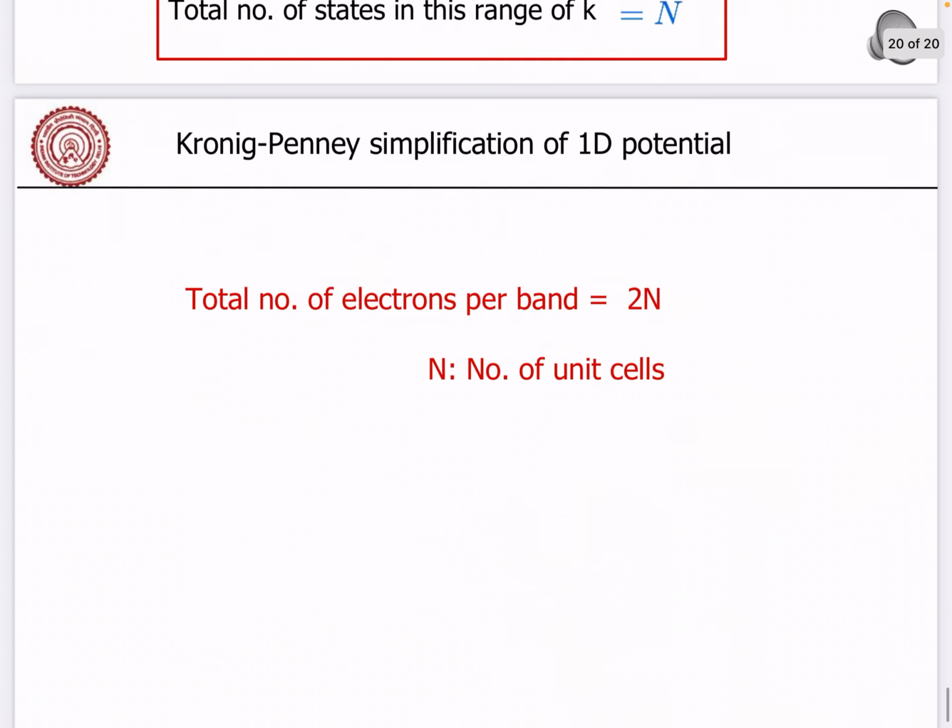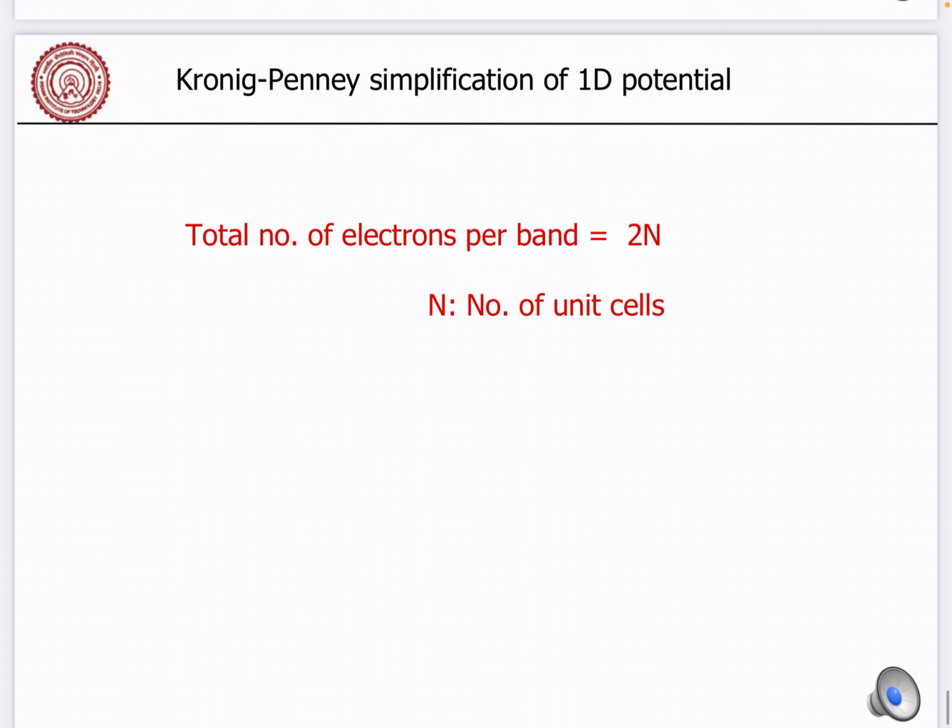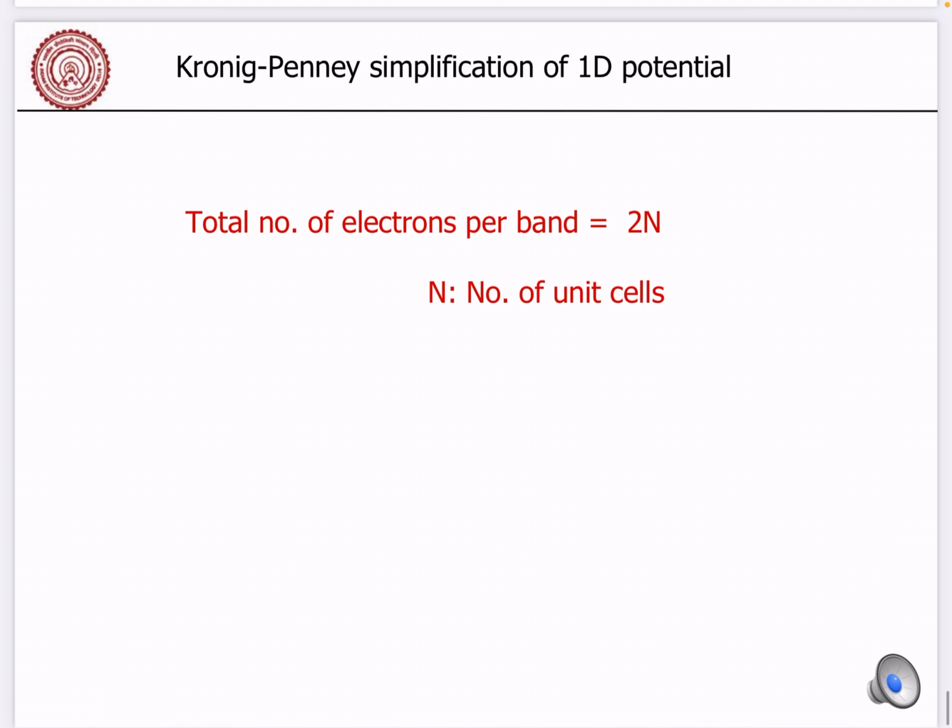Therefore, each state can accommodate 2 electrons, and therefore the total number of electrons per band will be twice n, right. The total number of states is n per band, and the total number of electrons will be 2n. Okay. So, where n is the number of primitive unit cells. So, I think this much is